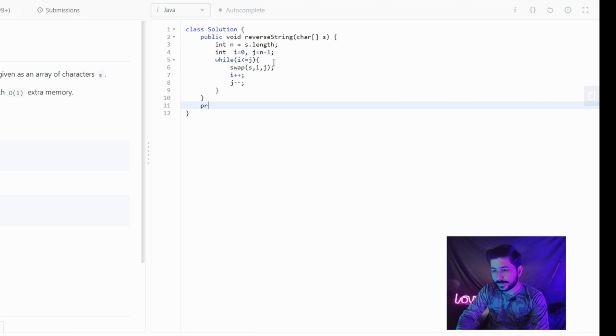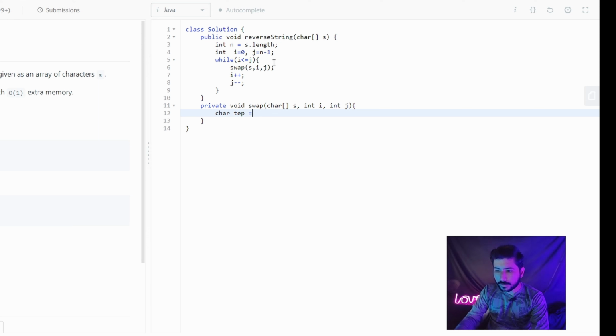So we will create a function here, private void swap. In this, we get a character array s, and we get int i and int j. Now we are going to swap these. We can take a temporary character which will hold our value, and as of i we will store it here.